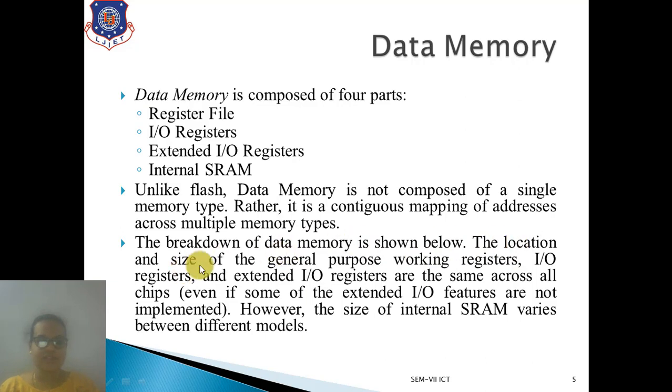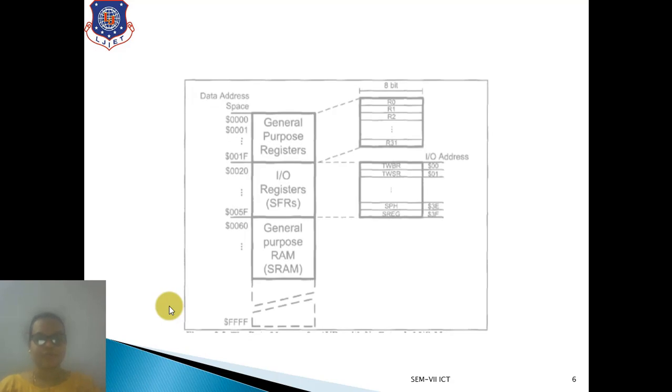The location and the size of the general purpose working registers, IO registers, and extended IO registers are the same across all the chips. So for all the AVR chips, the GPR, IO register, and extended IO register are the same, right? But the size of internal SRAM will vary from model to model. So only the internal SRAM size will vary.